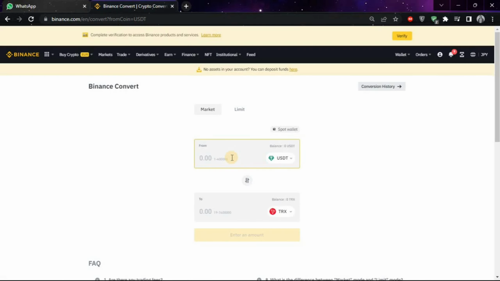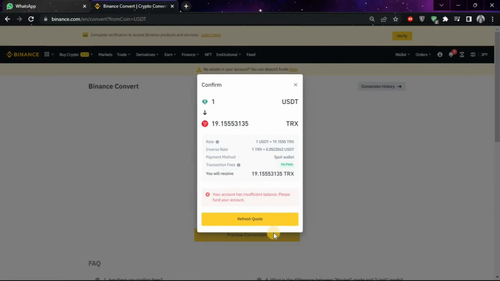Now you just have to put the amount you want to convert. Let's say I want to convert my 1 USDT, then choose preview conversion. So guys, it will show you how much your 1 USDT are worth in TRX. So if you have the sufficient funds, then you can choose this option and it will convert your USDT to